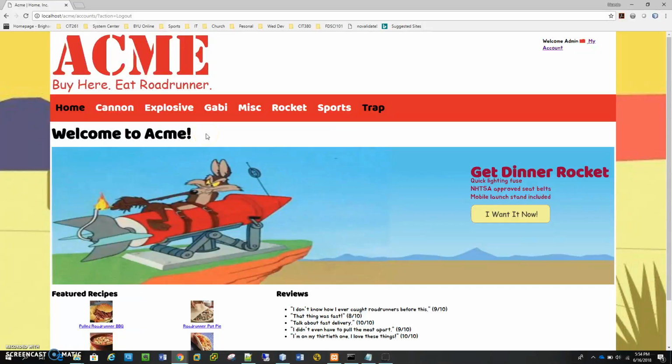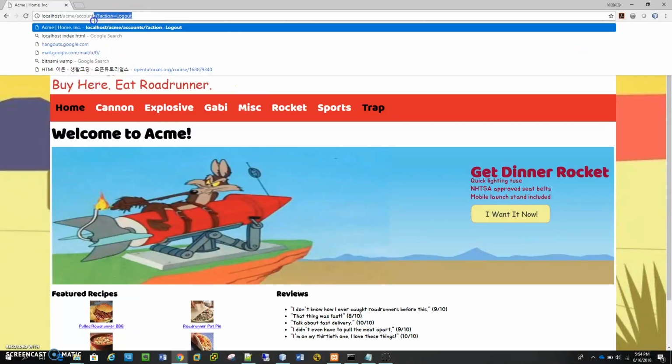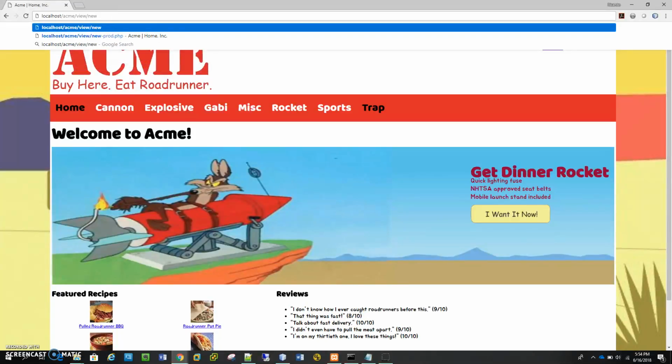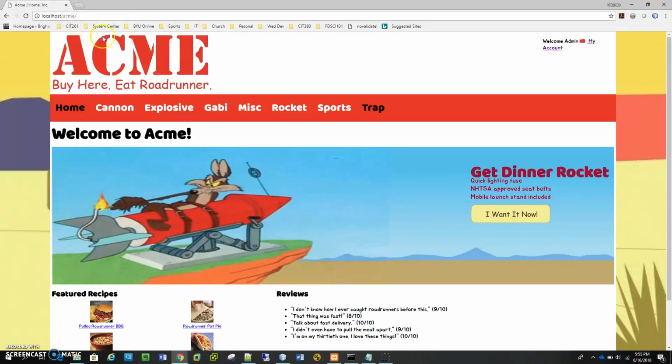Okay, so now what I'm trying to do to get my 5 extra points is try to access the add new product view if I'm not logging. So if I'm not logging, I'm gonna here go to view and new prod.php. Okay, as you see, when I try to go to this, it brings me to the main controller because I'm not